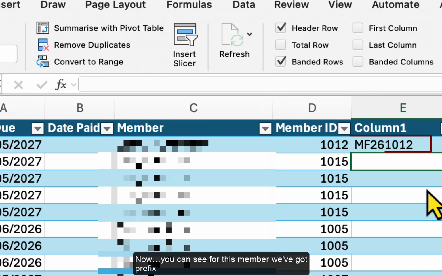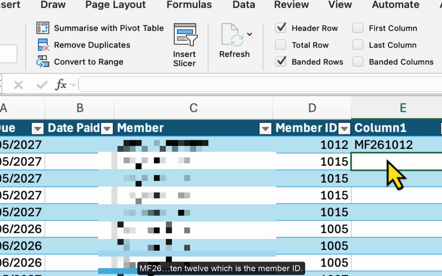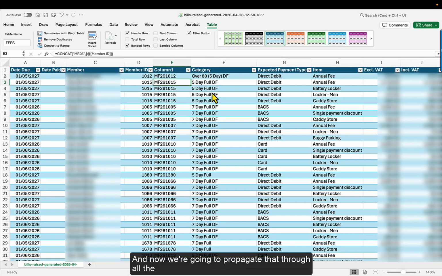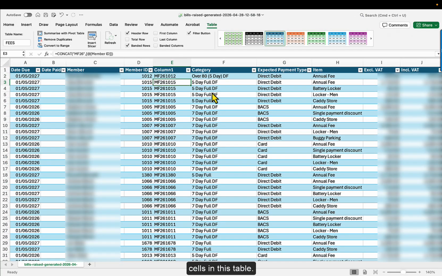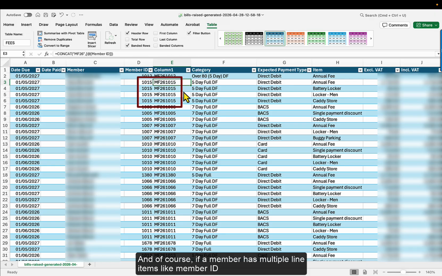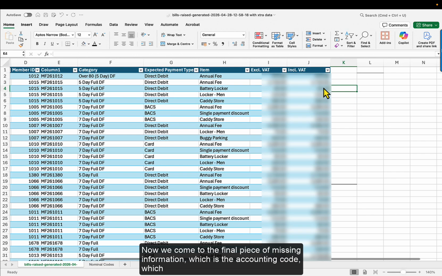Now, you can see for this member, we've got prefix MF26 1012, which is the member ID. And now we're going to propagate that through all the cells in this table. So now for each line item, we have got the invoice number. And of course, if a member has multiple line items like member ID 1015, they will all have the same invoice number. Now we come to the final piece of missing information, which is the accounting code which Xero requires,